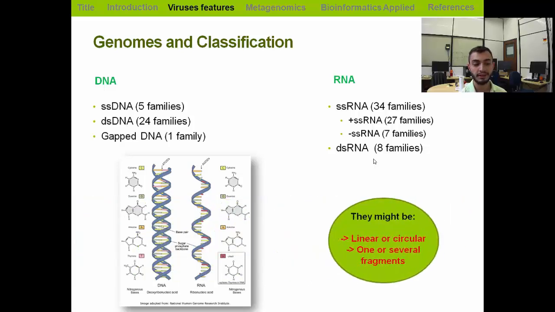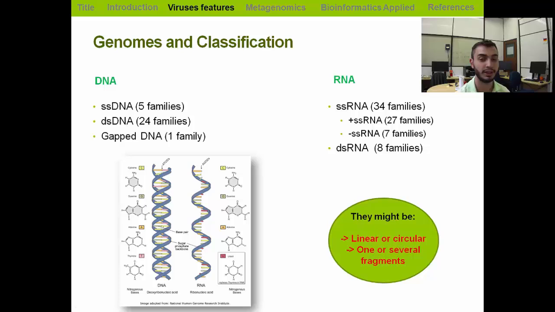And besides that, their genome can be linear or circular, so a lot of trouble for us bioinformaticians to discover if they are circular or linear. And when you finally are able to assemble an entire genome, you have to discover if it is linear or circular, and they can have several fragments